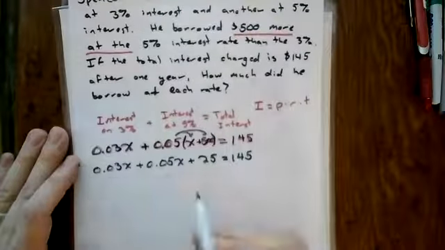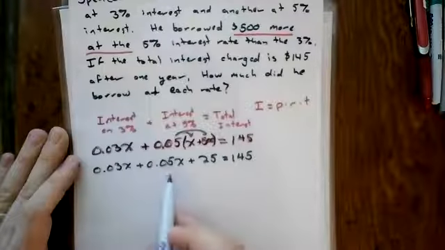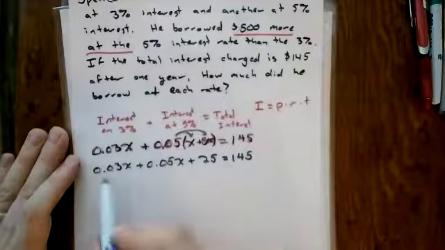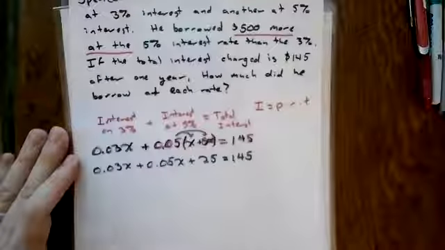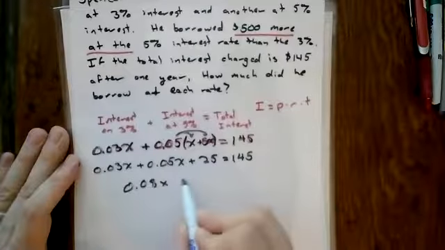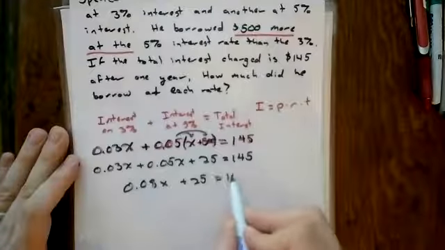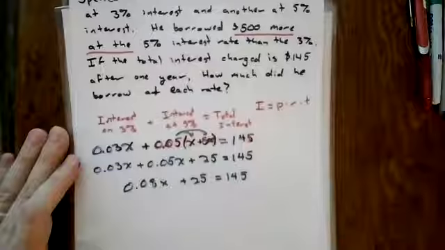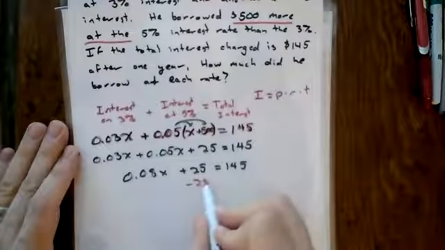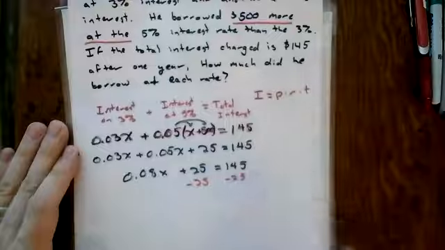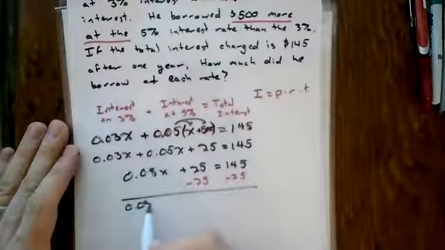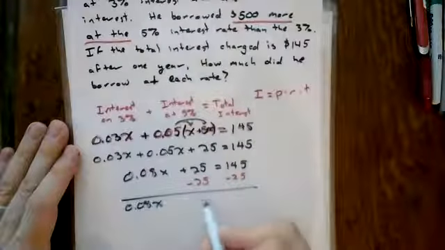From here, I can go ahead and add these two things together. Even though these are decimals, I can add together decimals fairly easily. This is just going to be 0.08x plus our 25 is equal to our 145. Now I'm going to subtract 25 from both sides. So I've got 0.08x is equal to